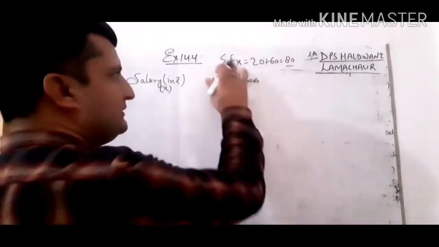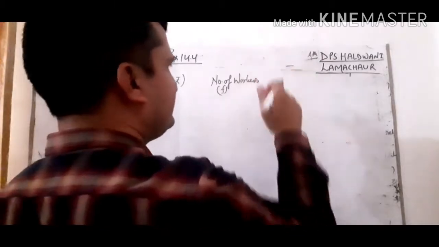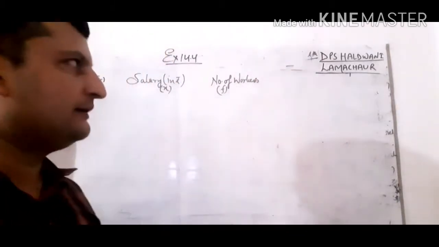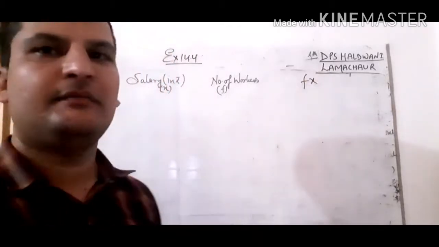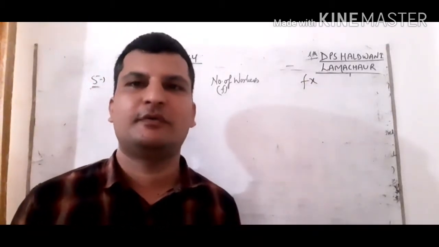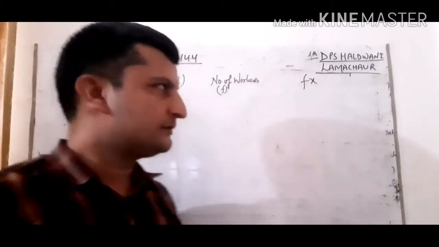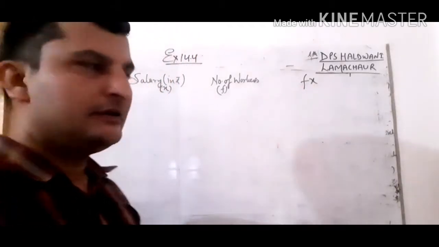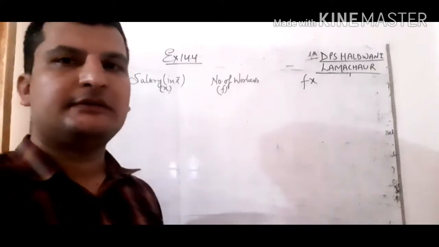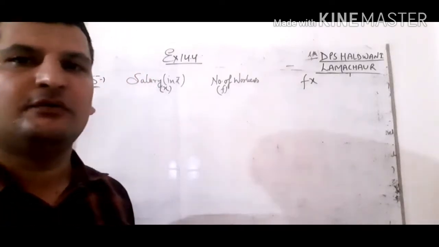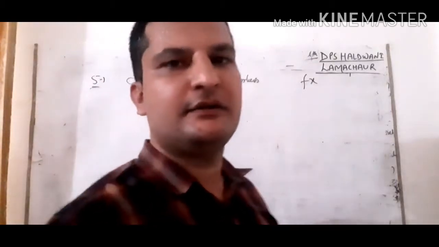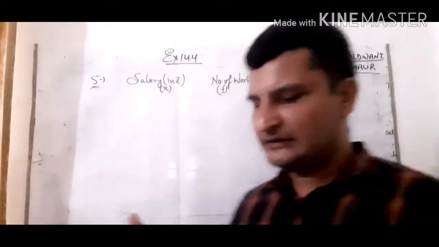It means it is F. So we can say that, students, it is F, and in the last term I told you what the formula for finding the mean is. The mean formula is sigma fx upon sigma f. So fx means f multiplied by x. First we will write all the values of x and all the values of f, and then we will multiply f into x. How can we do it, students? We can do it like this.